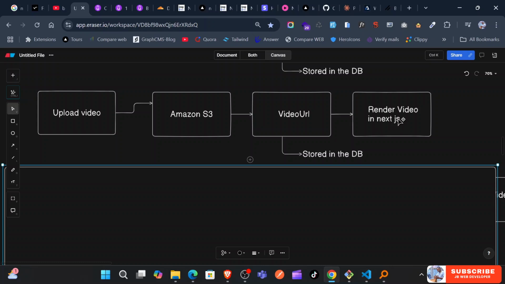Okay, what's the problem with this? We are having it cheap, which is nice. We have our video URL and we are rendering this video. Now, leave alone the images. We have been rendering the images. Images can be 6 KB, 50 KB. You can optimize them using WebP and so on, and you go away with it. We are still talking about a 1 GB video stored on Amazon S3. So the first problem is the